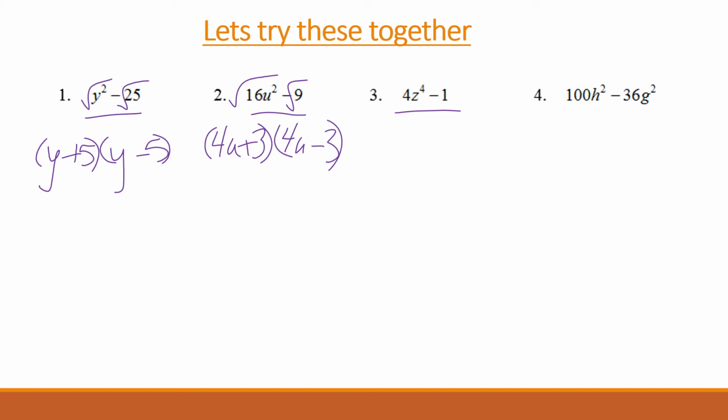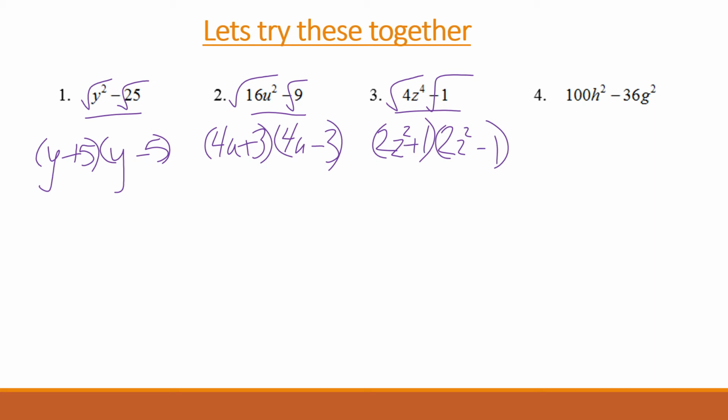Okay, number 3 here, I have a binomial again with a subtraction sign in the middle, so I know I can use that DOS method, or difference of squares. So set up my 2 parentheses. The square root of 4 is 2. Now here I have to be careful. This is z to the 4th power, so the square root of that is actually z squared. Okay, and then the square root of 1 is 1, so put that in the back,